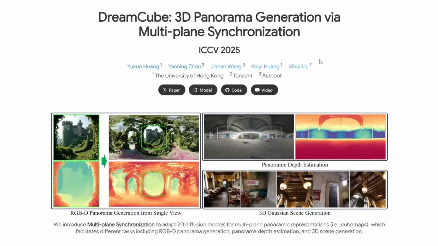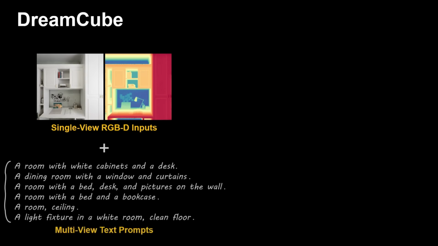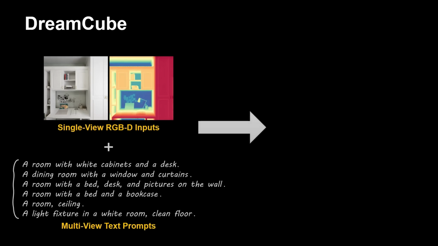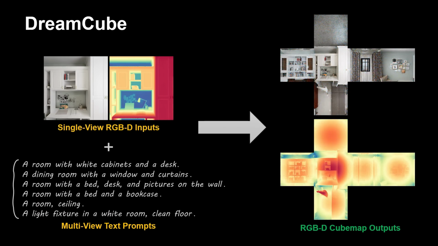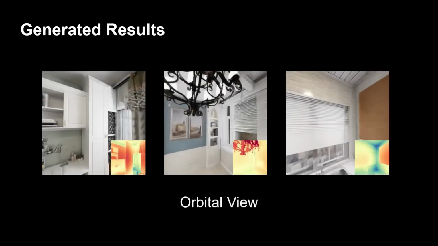Next up, this AI is quite useful and is called DreamCube. It can create 3D panoramic images with depth. This takes an image of a scene along with its corresponding depth map. You specify what else surrounds the scene using a text prompt. Then, it uses a diffusion model to basically whip up something called a cube map of the scene, all from your text description. Afterwards, you can stitch this cube map together to create a three-dimensional scene, which you can explore